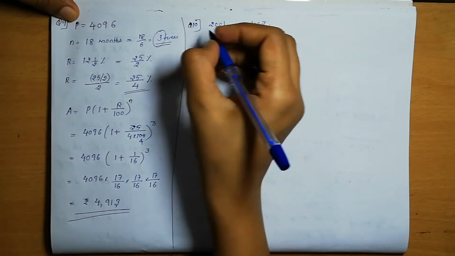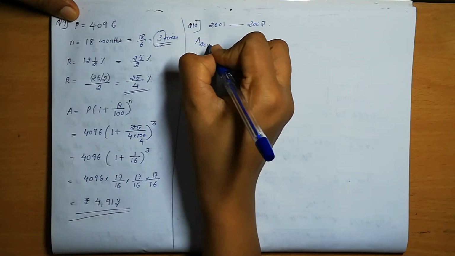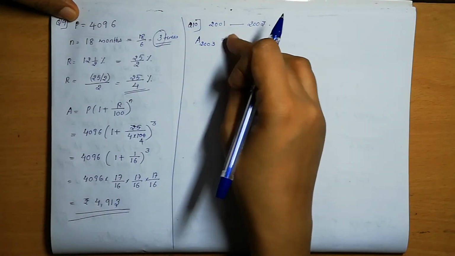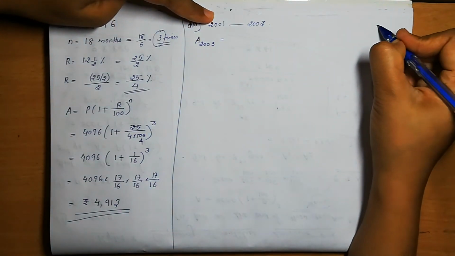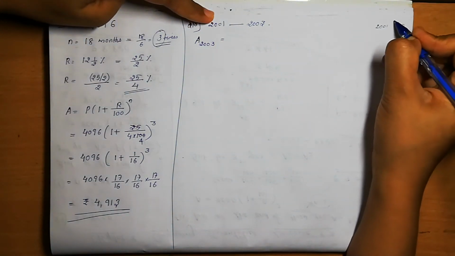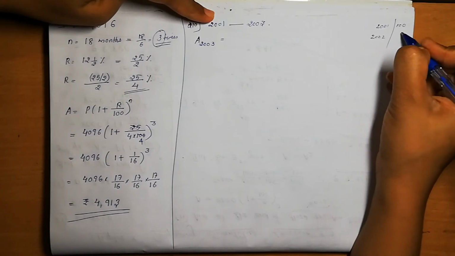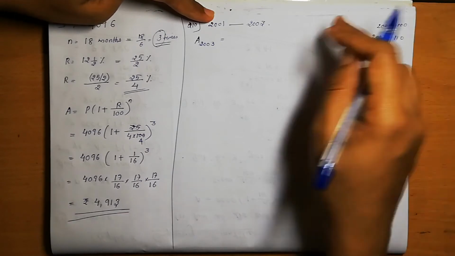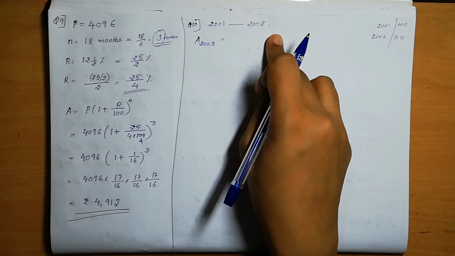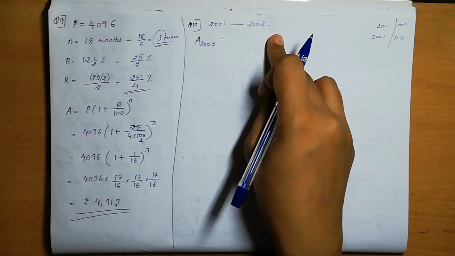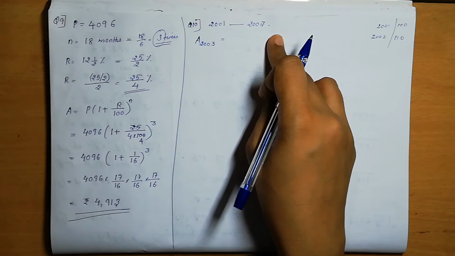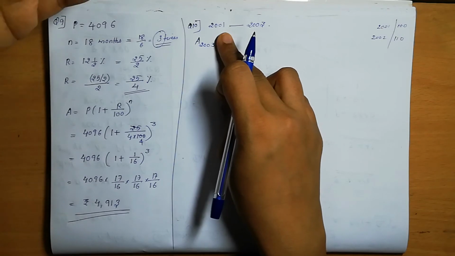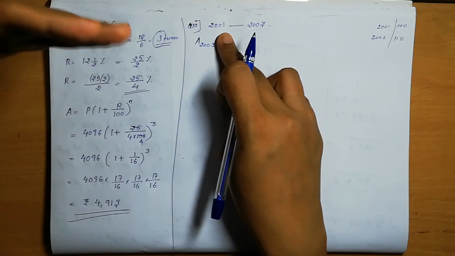Population, now the recent population means A 2003 we can write. So this looks like an amount only, right? The population is increasing every year. Suppose in 2001 the population was 100. Then in 2002 the population is increased by 10. That means what is the new population? 100 plus 10 is 110, right? So like that, in 2003 it is mentioned it is increased to 54,000. So what is the meaning? That is the amount only, right? The population is increasing from 2001 to 2003, so each year whatever increment is happening, that is added, right?